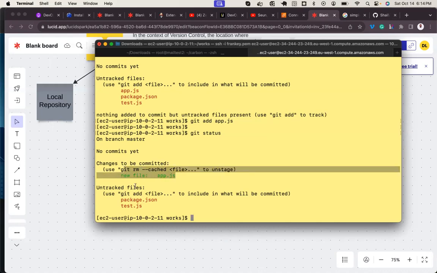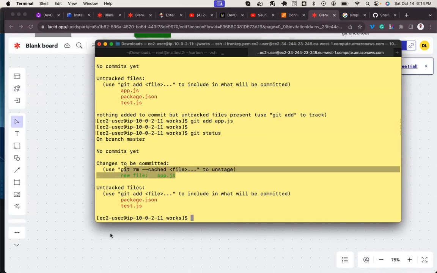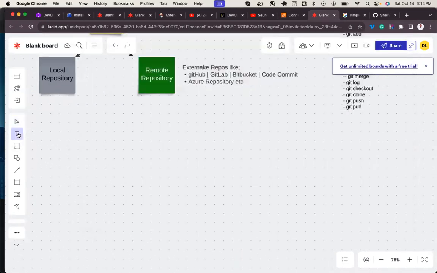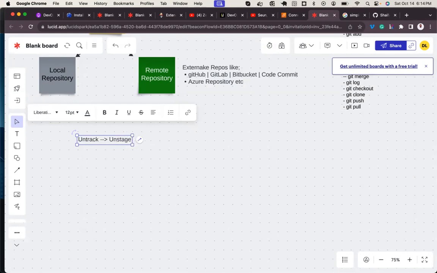So invariably, we could call untracked as unstaged and tracked as staged.